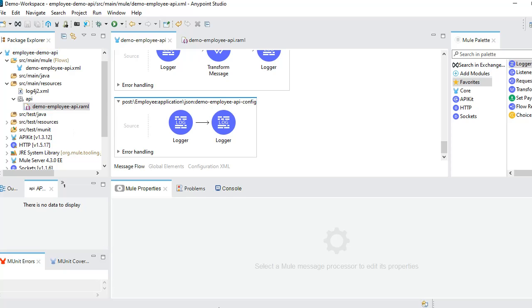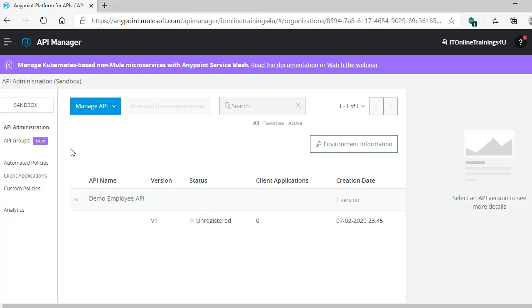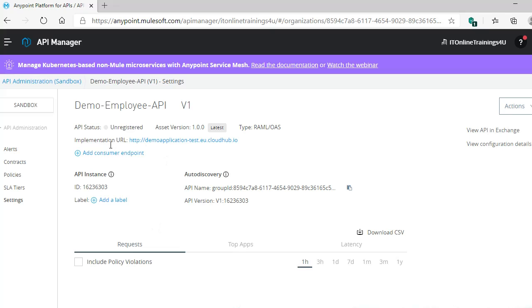One more thing we have to do while deploying our application: in our CloudHub, our API is unregistered now, so this API is not available for the users to consume.